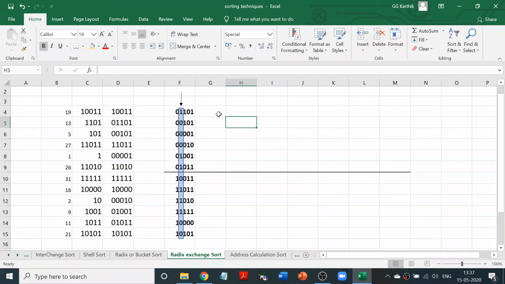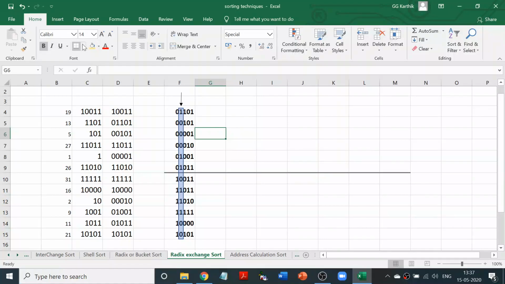So here again, what are we going to do? We are going to divide ones and zeros. I will draw a line here and put zeros on one side and ones on the other side. Which list is going to be bigger, we don't know, so we will adjust accordingly. So here, first list. Now we are considering the second column, or the second digit.